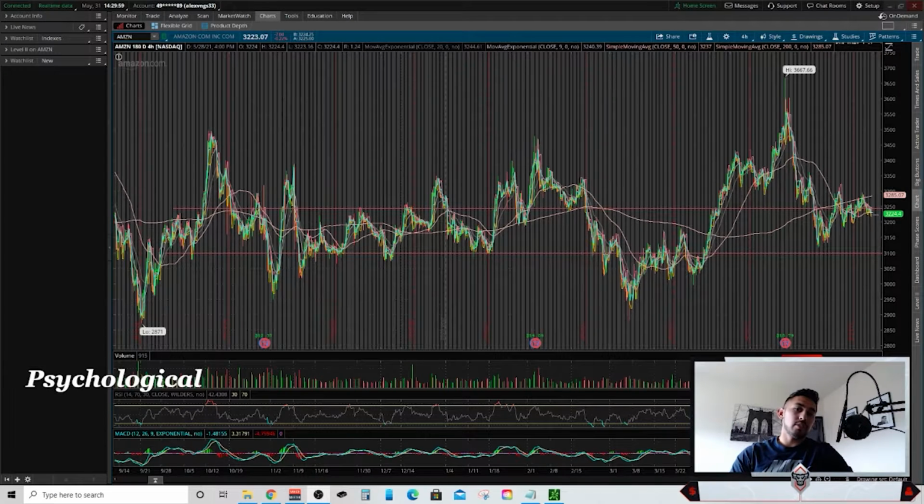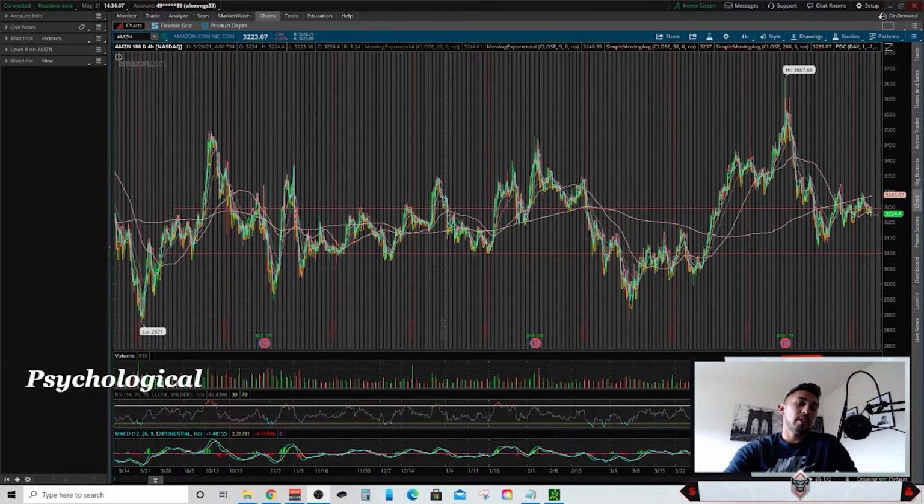These levels, 25 cents, 50 cents, 75 cents, a dollar. These are called psychological support and resistance because as traders, we usually get some sort of profit taking or some sort of buying into something at these levels because, I don't know, I couldn't tell you why. That's why it's called psychological support and resistance, because psychologically, us as traders, we like those areas to buy or sell at.